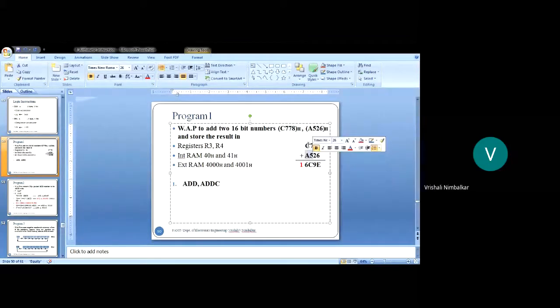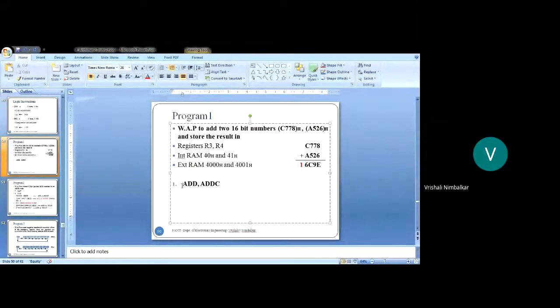But while doing the addition of the higher numbers, there might be a carry from the previous addition. So while adding the higher numbers, you should be careful to add them with carry. Where did this carry come from? From the lower digits. For the lower digits, it's a plain addition instruction, and when you add the higher digits, it should be added with carry. Hence, we decided to use ADD as well as ADDC. Is that okay? So start with the main target instruction.